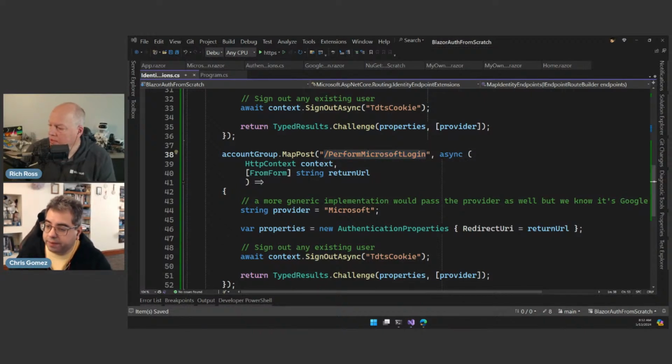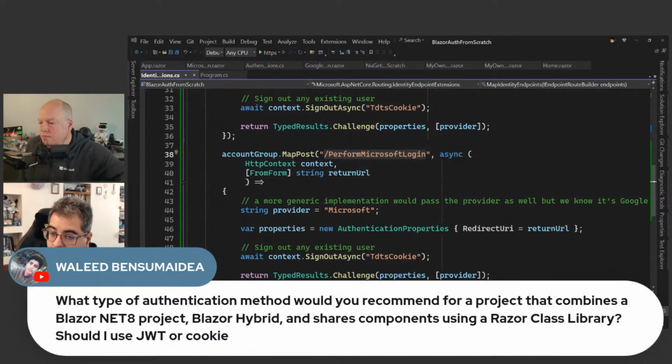Yeah, right. So we've got a few minutes left, and we had a question here. I know Waleed has been asking a lot about using JWTs instead of cookies. So the question is, what type of authentication method would you recommend for a project that combines a Blazor .NET 8 project, Blazor hybrid, and shares components using a Blazor Razor class library, JWT or cookie? Now,